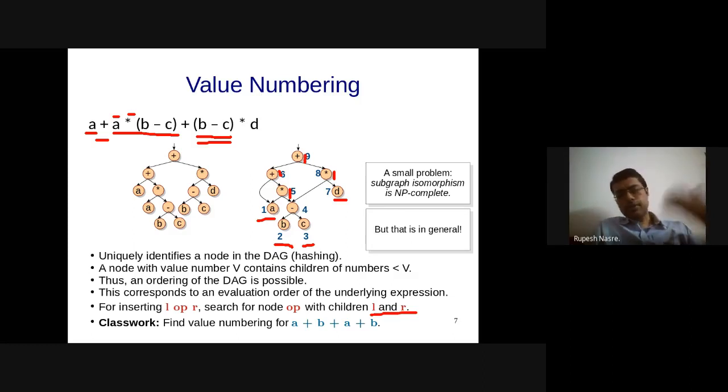Because of whatever the compiler is trying to push the constants, and accordingly it's able to figure out that D could be 0 or D is 0. In that case, even if B minus C and C minus B are different expressions, you know that that is going to be 0. And that is an algebraic property which you can utilize.